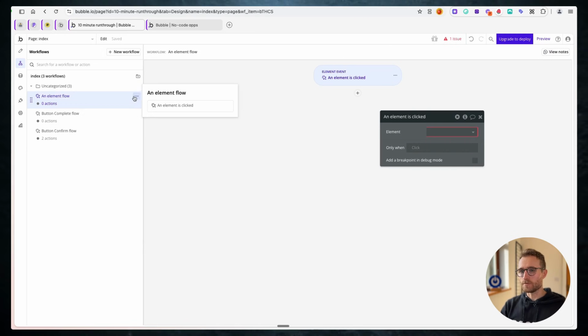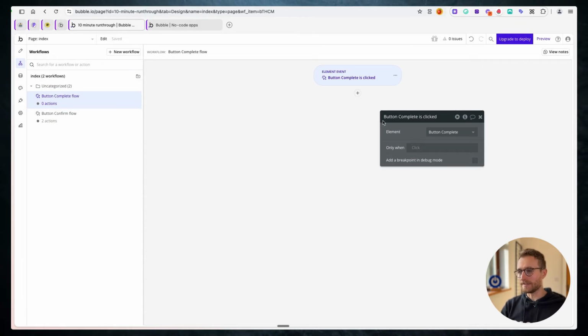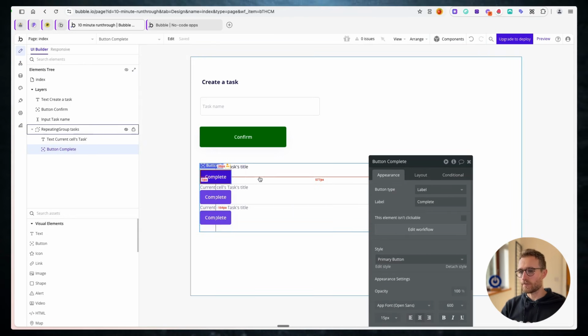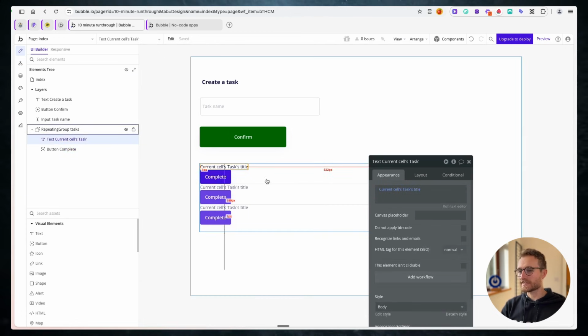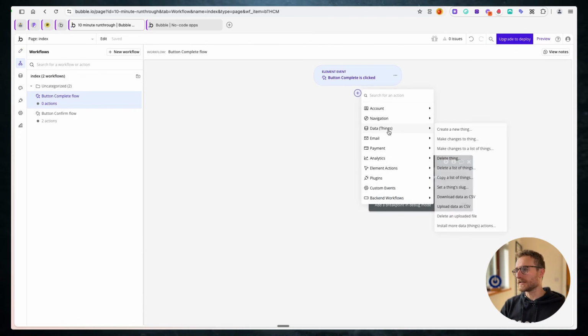All right, so I'm going to remove this example event that I just created, and it's this button complete that we're looking at. Now, because this button exists inside of a repeating group cell, just like this text element, it has access to the data underneath. It has access to the data inside of this repeating group cell. And so what I can do is actually